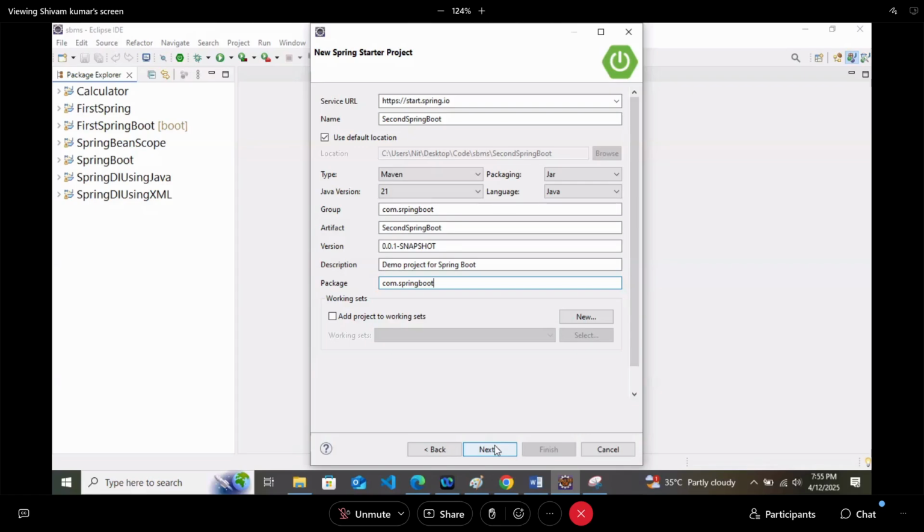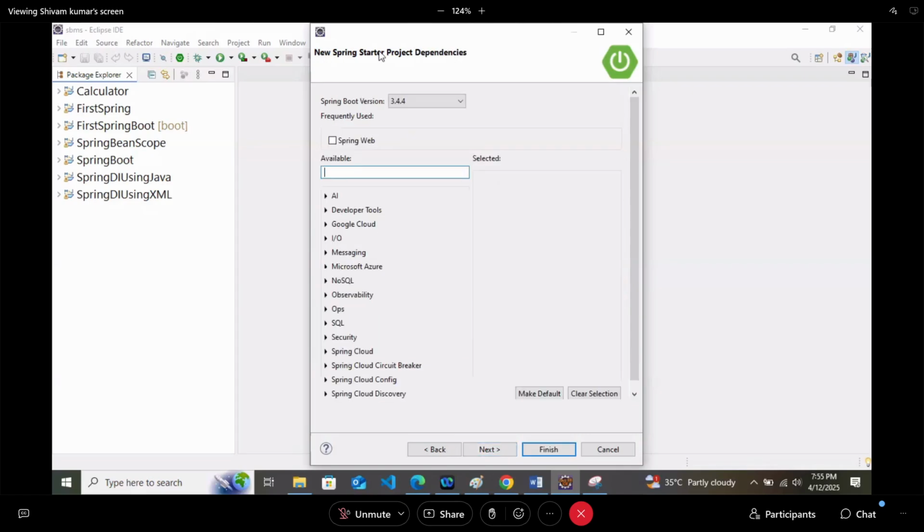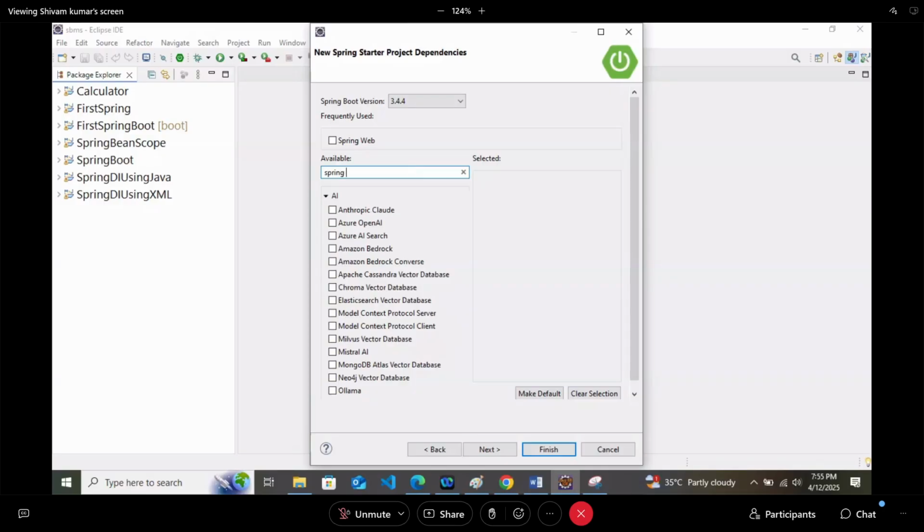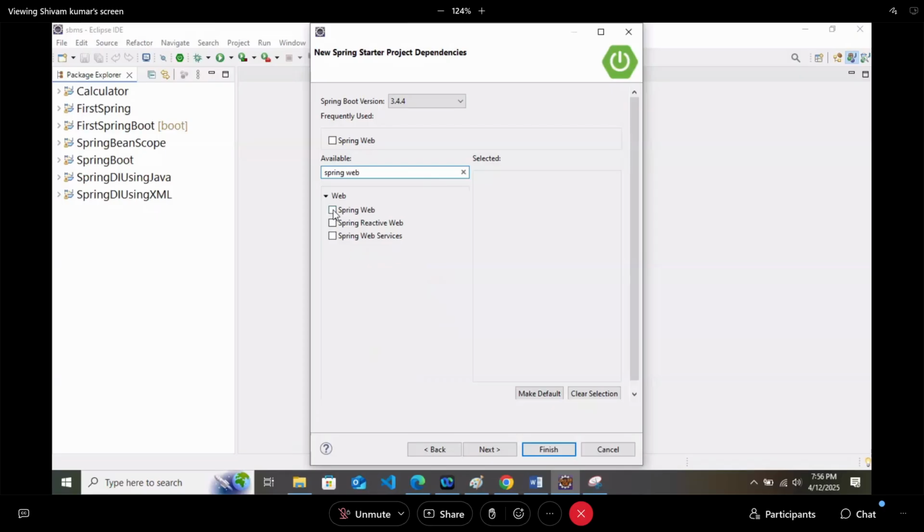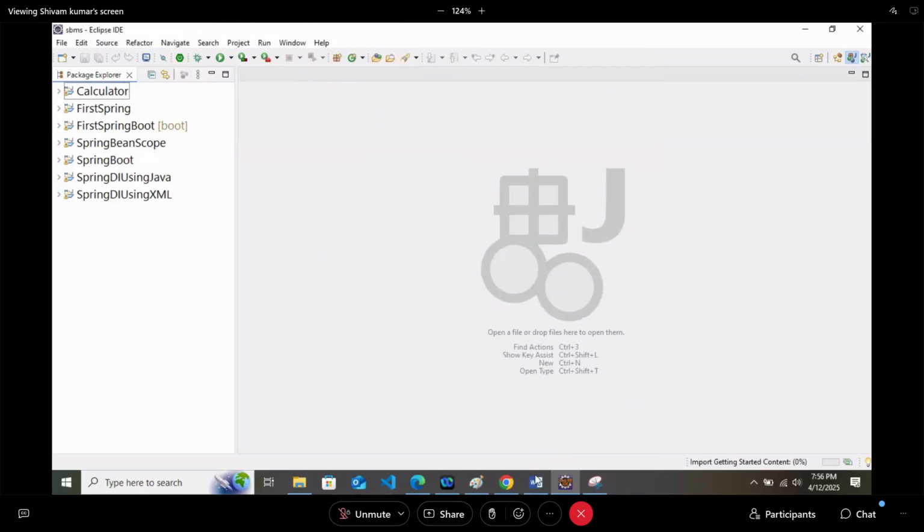Now, the new Spring Starter project dependencies. This is the part where you can select dependencies. So here you can search for Spring Web, and it is coming here as Spring Web. Just select this Spring Web and finish.